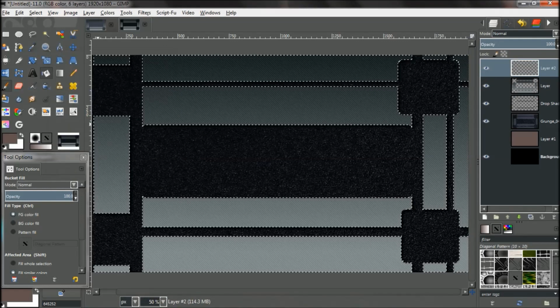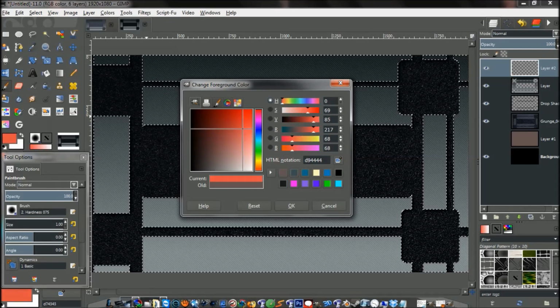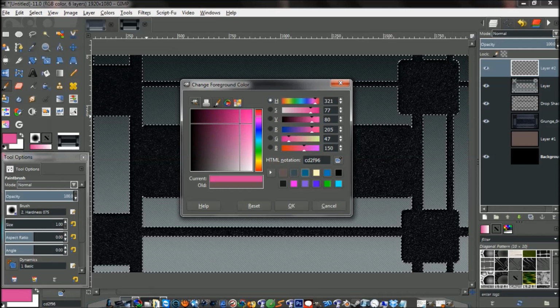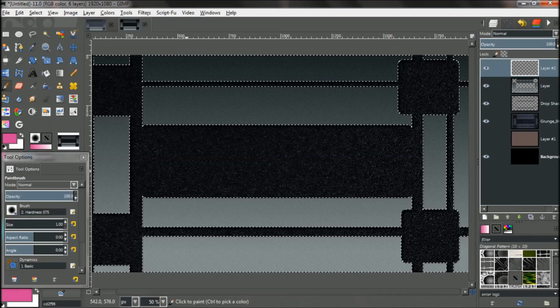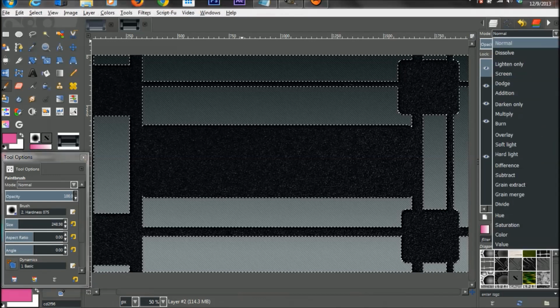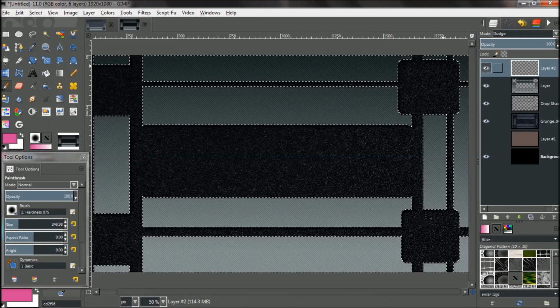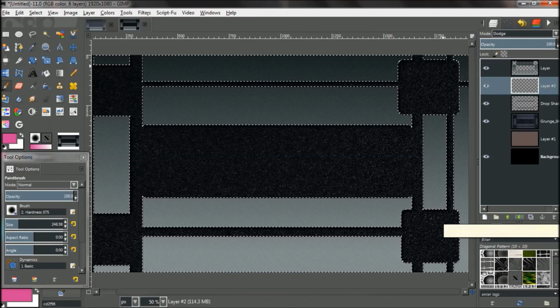and go back over here with our paintbrush tool, and we'll grab, I don't know, we'll do kind of like this pinkish color, we'll say. We'll go back over here and we'll move up our brush size, and we're going to put this on Dodge. And we'll move this layer down below that. And when I click,